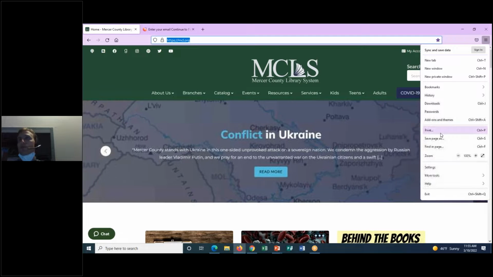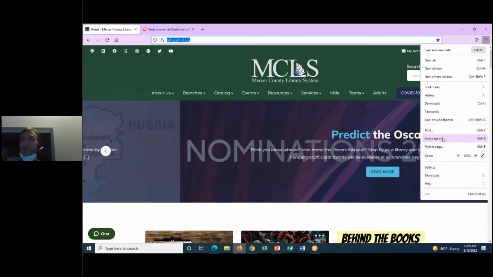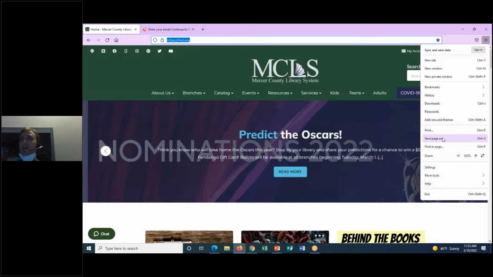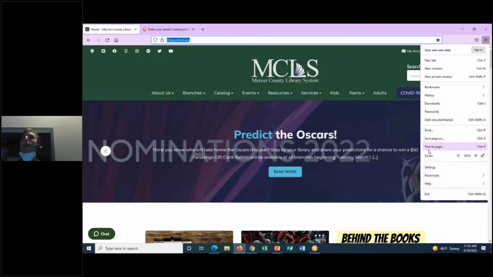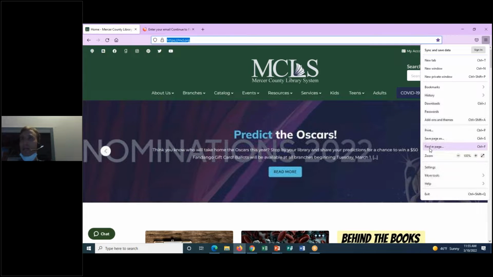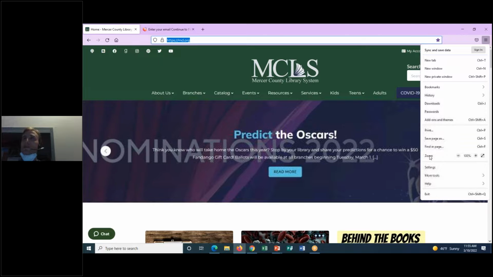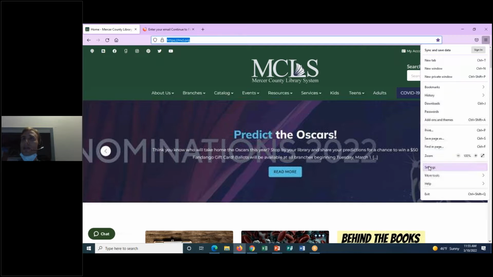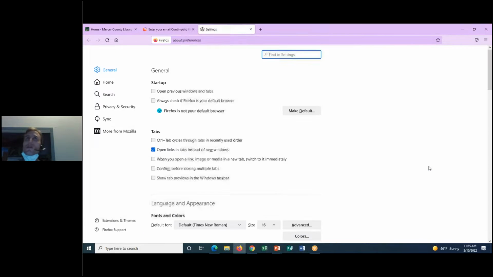Okay, I can print from Firefox. I can save this page as an HTML document, so I can access it directly from my desktop or my computer. I can find something on a page just like we can in Edge and Chrome. We have a zoom feature just like we do with those, and here's the main settings for all the other stuff. Just like Edge and Chrome, it opens up in a separate tab and has a similar style menu with